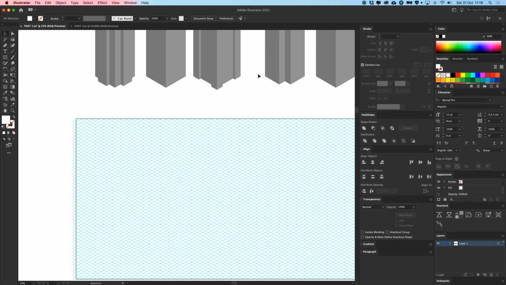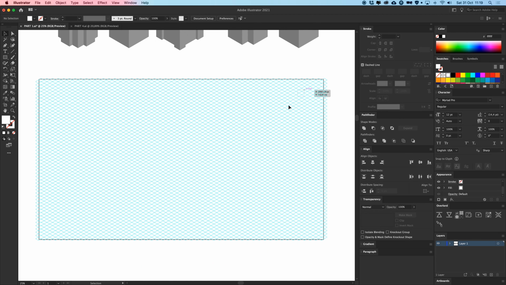So first off, we're going to start with these blocks here. I have this isometric grid already made here, and I've made a video about this, how you can create a grid like this. It will be linked in the description down below, and you can watch that first if you want, if you need to know how to start with these basics of isometric design. So watch that video if you want to create this grid, and if you did that, we're going to start